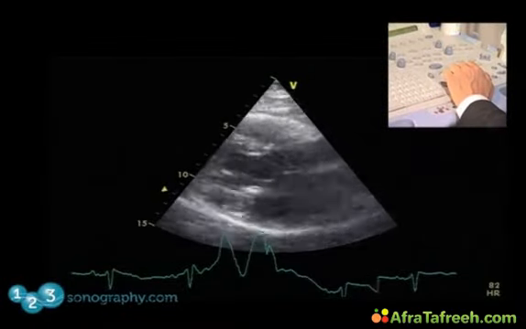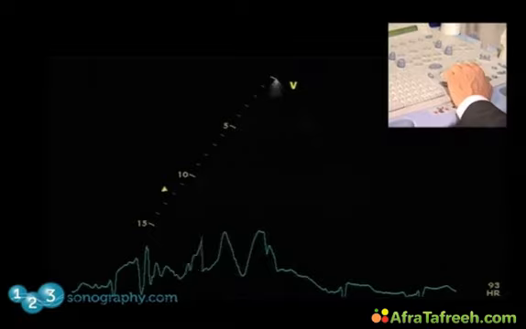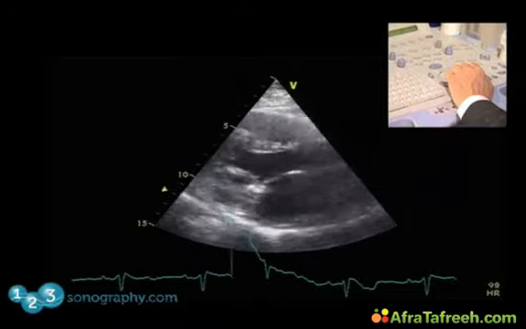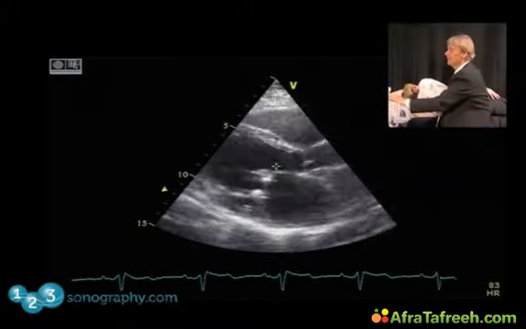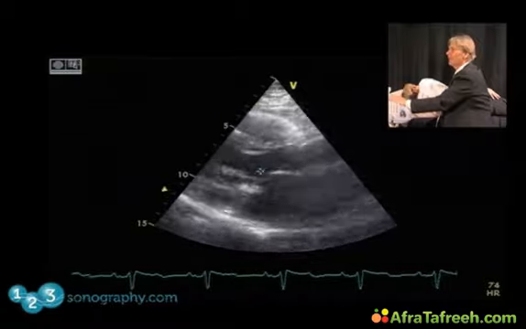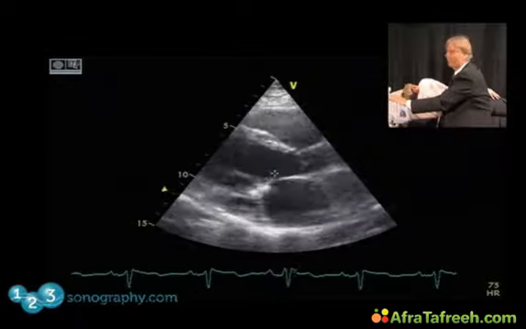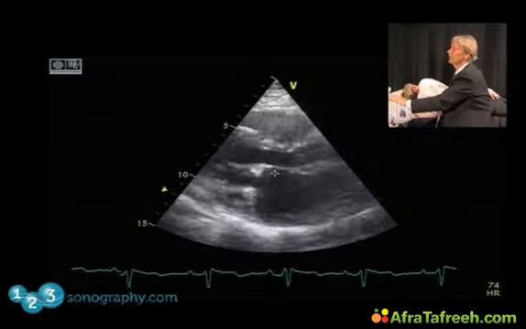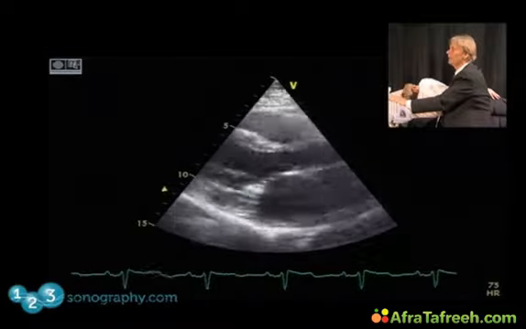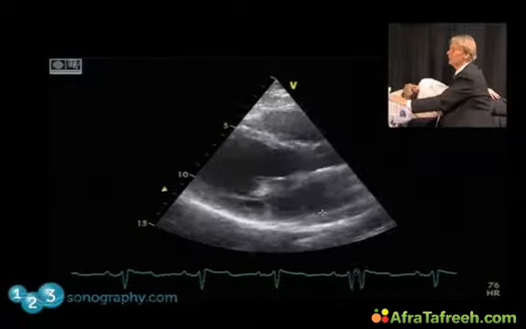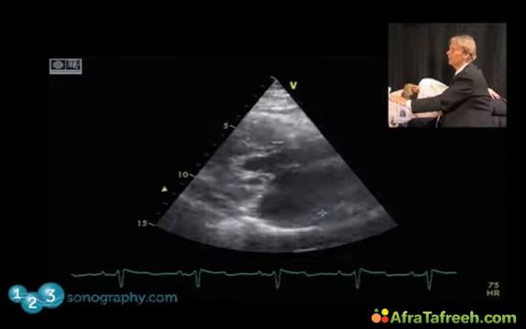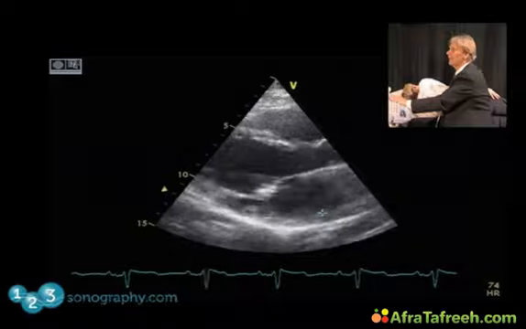I'll try to optimize the image here. Okay. If we look at the leaflets, we see that it is especially the tips of the leaflets which are thickened. The body and the base of the anterior leaflet is fairly mobile, and also the tip of the posterior leaflet is thickened. Then what you can do is you can just tilt the transducer caudally and anteriorly, and thereby